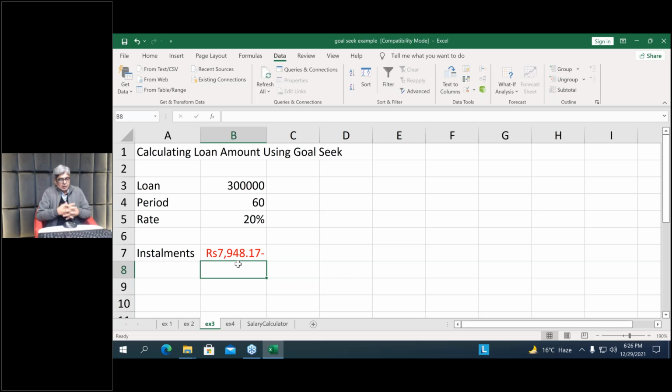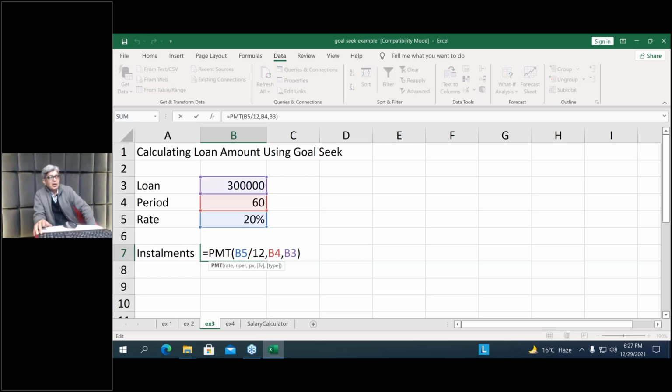So I can tell this salesperson or the bank officer that I can only pay 5,000 per month. What should be the loan that I may get from the bank? So, right, the installment that I can pay is 5,000. How much loan can I get from the bank? These are the values, this is the formula, this is the function that we have in order to determine